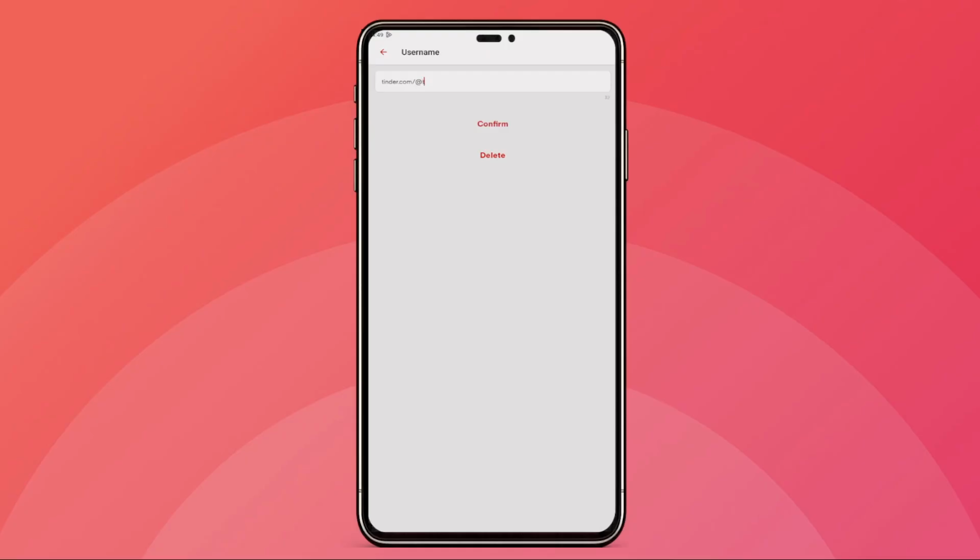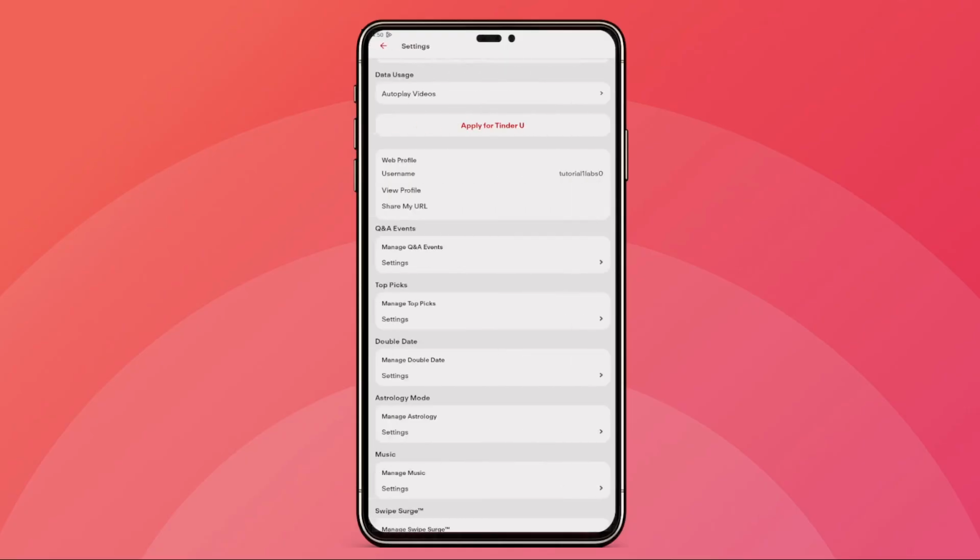Type in the username you want to use for your Tinder profile. Make sure to choose something memorable and appropriate that represents you well. Once you've entered your username, tap the confirm button to save your changes. And that's it. You've successfully added a username to your Tinder profile, making it easier for others to find and